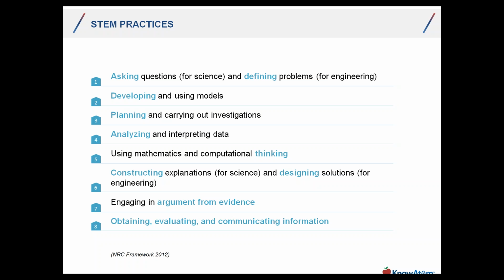supporting that claim? Engaging in argument from evidence. This is not a nasty argument, but a professional type argument where students, in the classroom environment, are taking what they've done as an individual or as a group of two and comparing that to their peers and arguing their point from the data, and thinking really through what they've done and the results they've gotten to understand sources of variation, sources of error, and also just basically different angles on the same sort of problem. Obtaining, evaluating, and communicating information is sort of infused throughout here, but again, it's that process of carrying